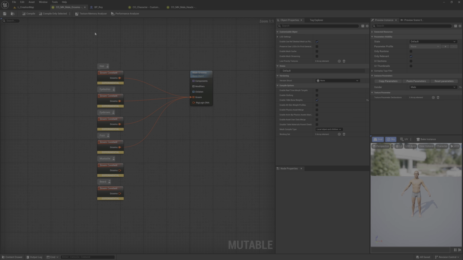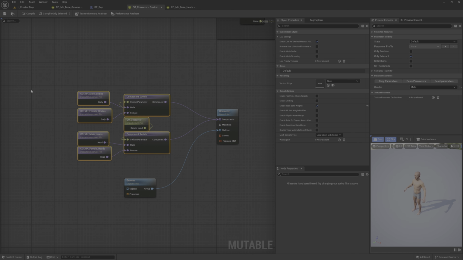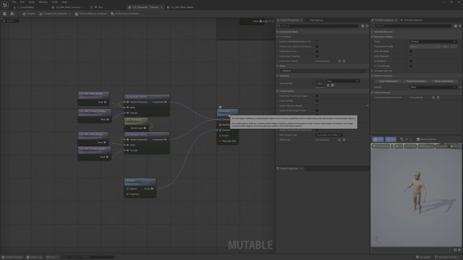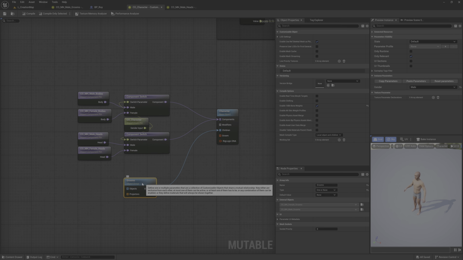But in this case, the grooms will search for all the nodes, components, and everything connected to this base object, and it will search backward through all these possible components that you have there for the name that you select inside the customizable object targeted to this group. I will explain it in a little.